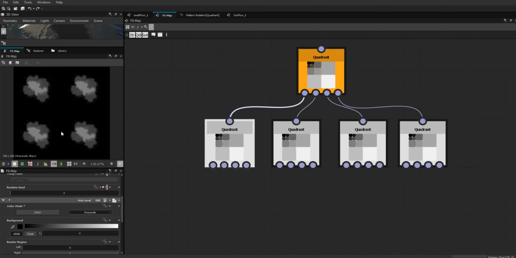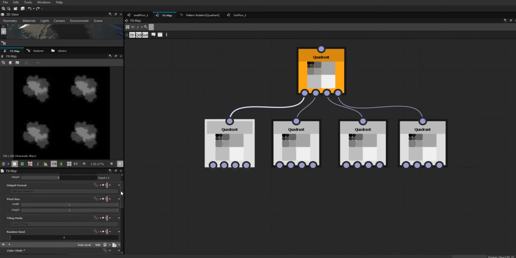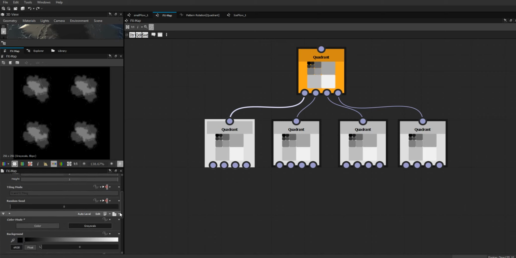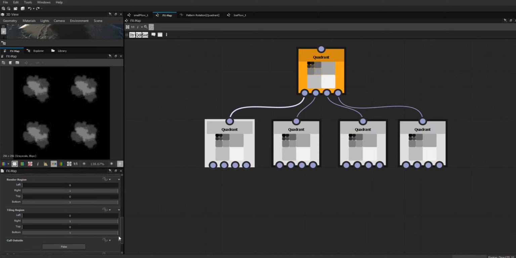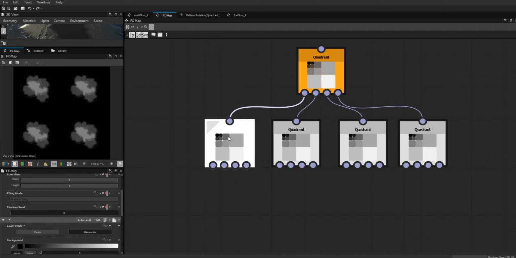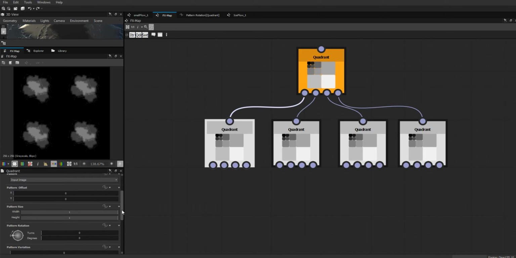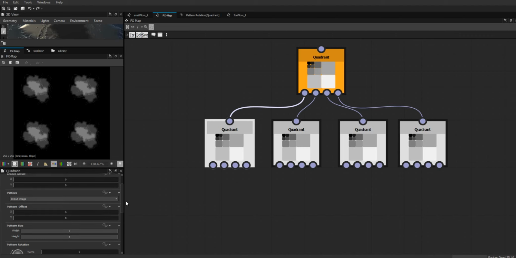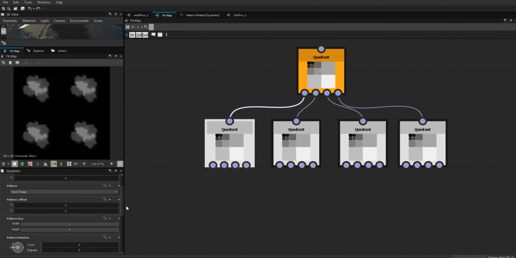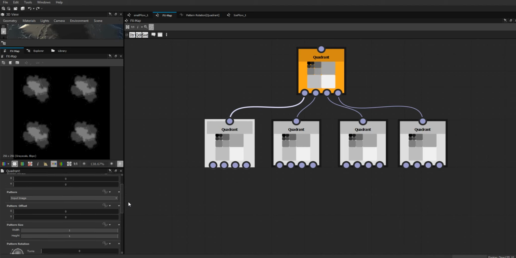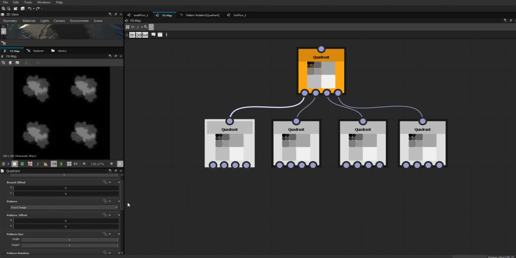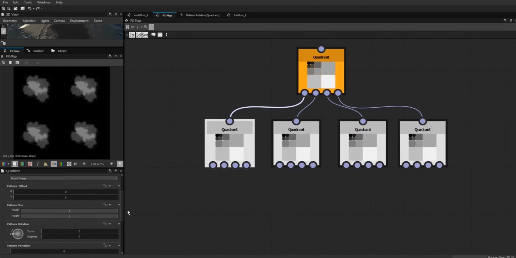Now we're not going to be grouping it. Now we're going to start randomizing them. So let's scroll down. Oh, what am I doing? I'm not even thinking properly. There we go. It helps if you actually highlight the quadrant. So the first thing we're going to do is our pattern offset. Come in here, do an empty function,